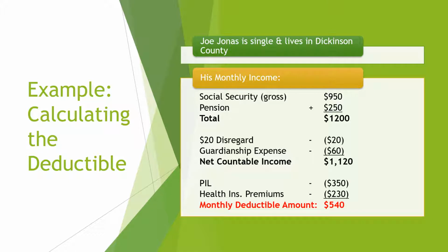We're going to look at Appendix 5 and Appendix 6 of our resources to determine what the shelter area is, as well as the PIL based on shelter area and household size. So for example, Joe Jonas receives Social Security income of $950 gross per month and $250 per month in pension, giving us a total income of $1,200 a month. To gather the countable income, we must also subtract the $20 disregard for Joe and a $60 guardianship expense that he provides. This gives Joe Jonas a net countable income of